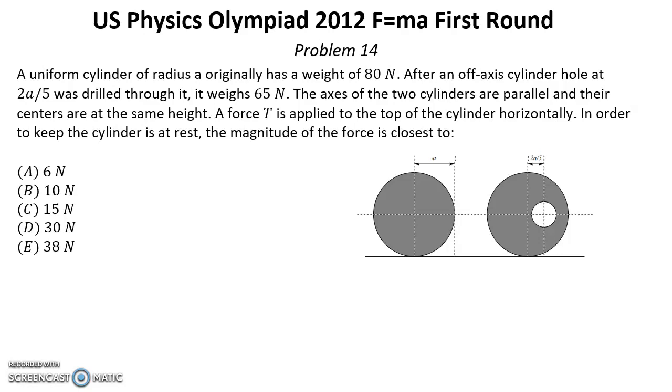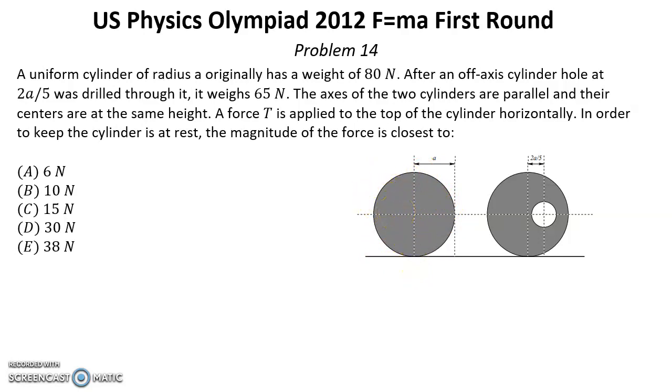Solution. In this problem, we assume that the center of the cylinder is fixed. In other case, if it's not fixed, it will roll to the right. And suppose that this center is fixed. Now we can drill a hole symmetrical to the original one to the left, same distance, 2/5A, and take it off. In that case, the left part will be in equilibrium, but